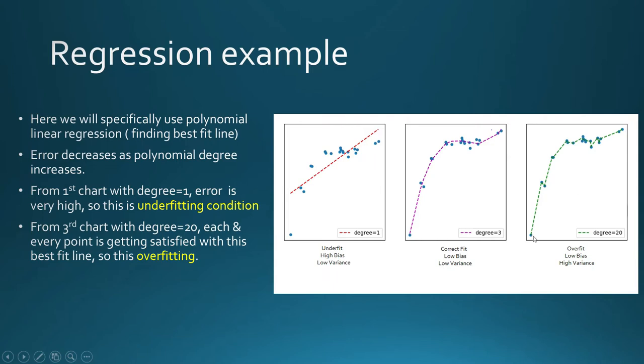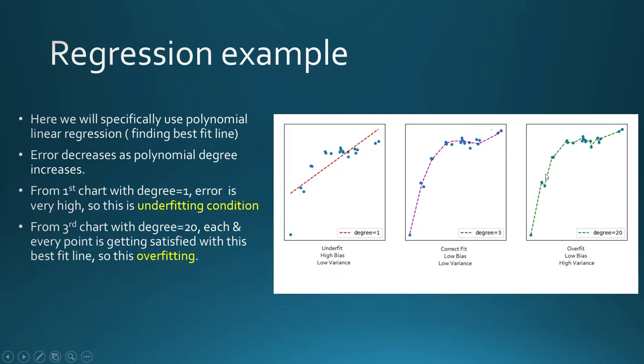Now in this one, when you increase the degree of a polynomial regression, it will do some adjustment and fit all the data points. So you see it's very complicated, right? It's not generalized. If some test data comes, obviously it won't follow this pattern, going down and up so strictly. Sorry, my bad. On the training data it has fit very properly, but on the test data it will give error because the test data won't follow this particular pattern. It will be some different way.